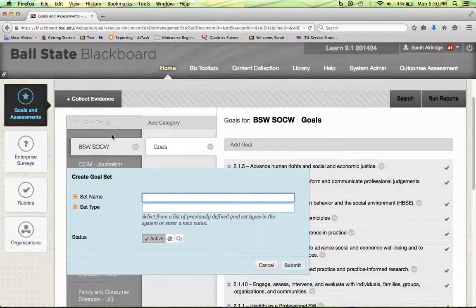So you want to go ahead and put in the set name. Remember, in our document earlier, each set had its own name. Each table was a goal set. So CFA, College of Fine Arts dash art. All right, so that's my college name and my department. You're also going to be prompted to put a set type. The best way to do this is continue with the college name, the hyphen separated by spaces, and then department. So if we continue to follow the example,